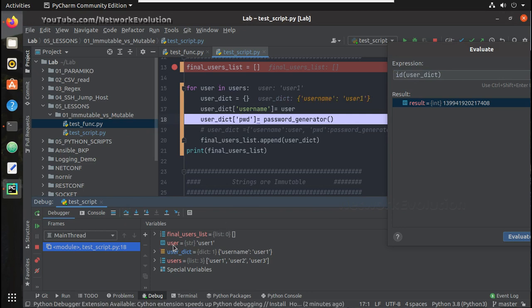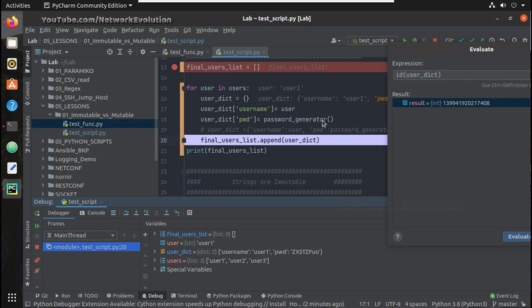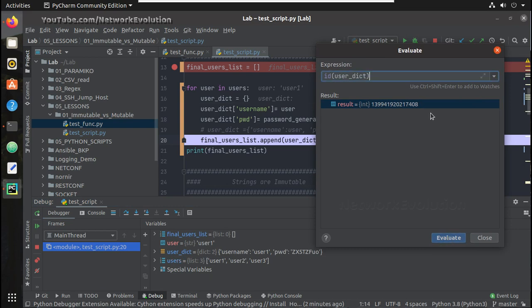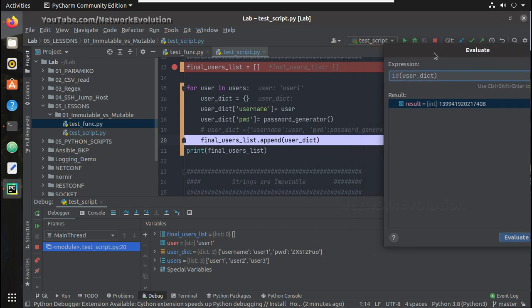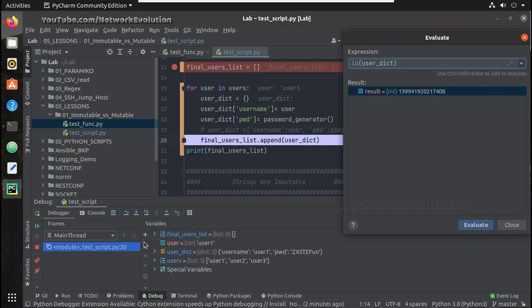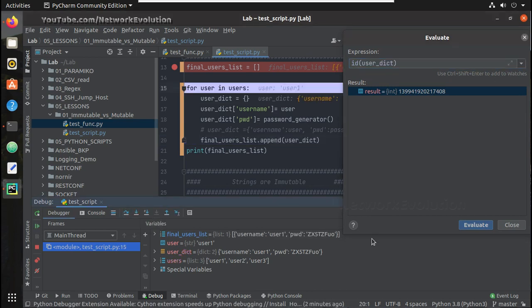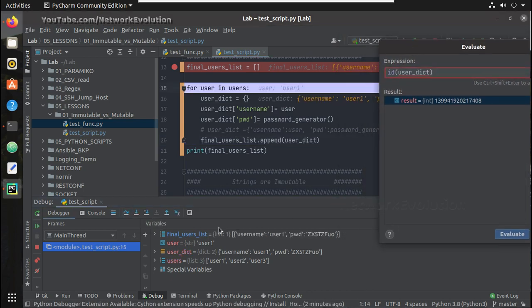Now here it has appended the username, and inside the user dictionary it has also appended the value user1. Next it will be generating a random password and appending it to user1. Let us verify the ID of the user dictionary. It is the same. Here the final user list is empty.